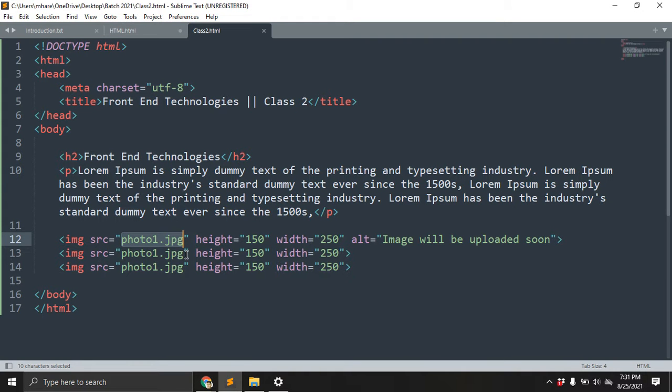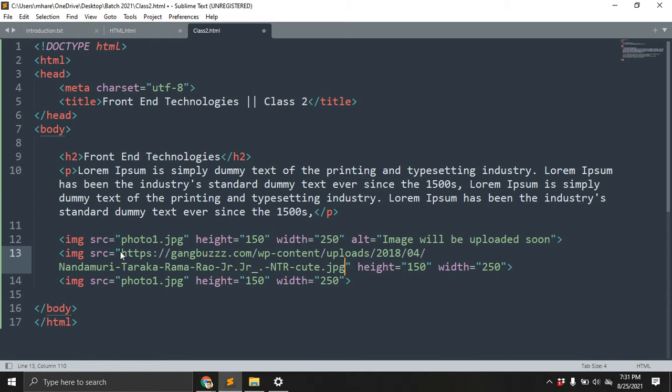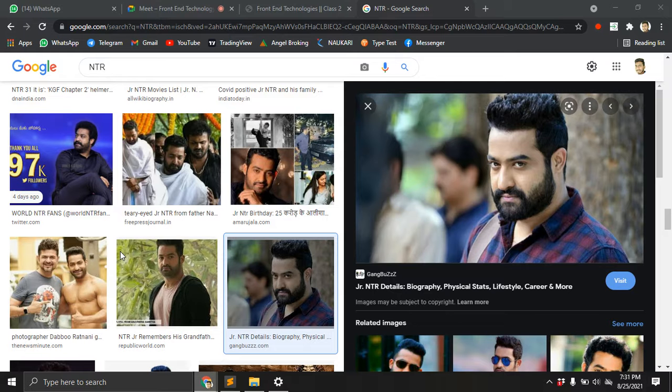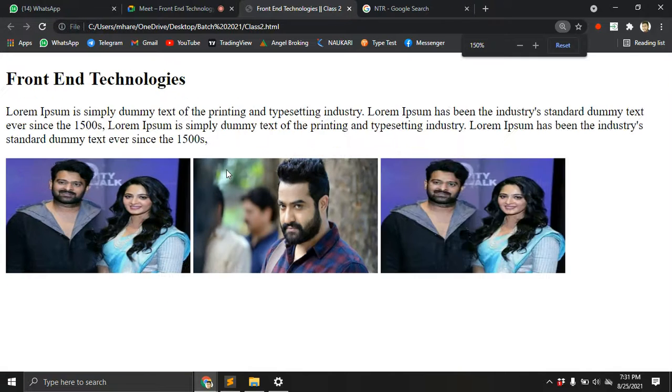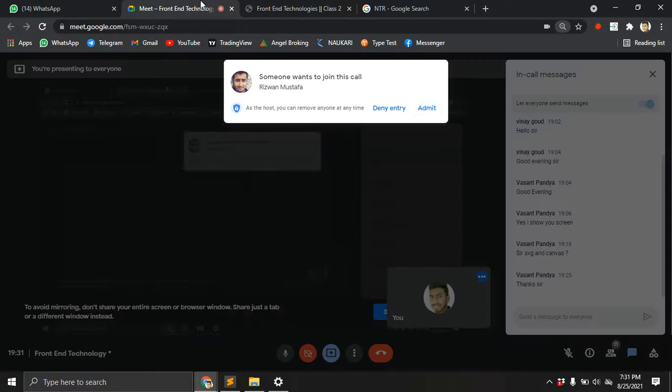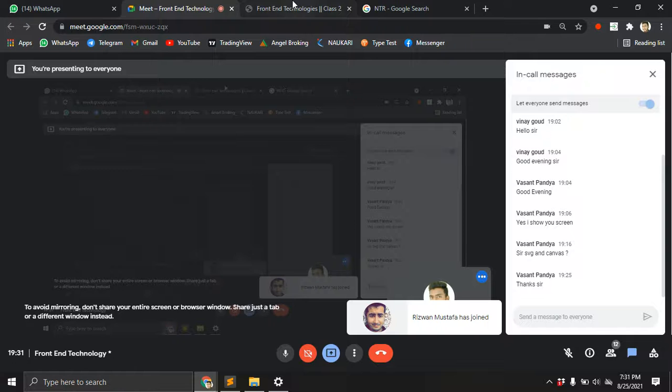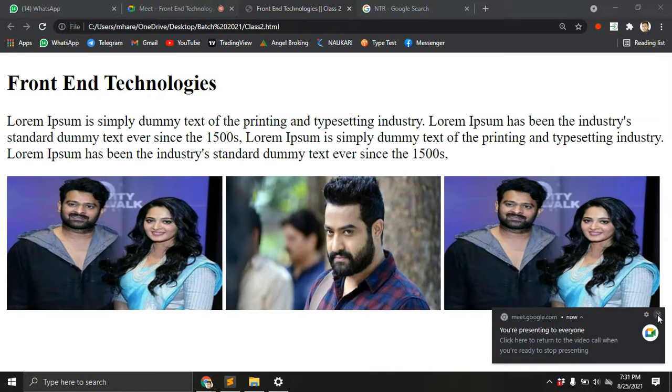I'm giving it here. We can observe here, we have already given height and width, so that's what the file requires, the sizes. Here I press Ctrl+V, the copied image address is pasted. Let's save. Open the browser. Refresh. You can see. Okay, yeah, that's good. So it is very simple to create the new page.